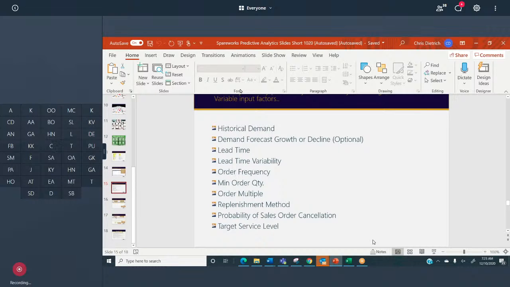The most important piece here is historical demand. We're looking for that to be in daily buckets. A year's worth of demand history is ideal. We can talk more about this in a second. And then